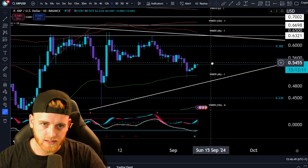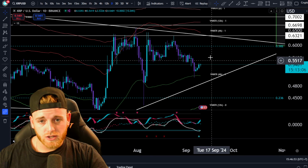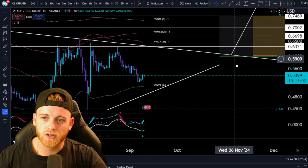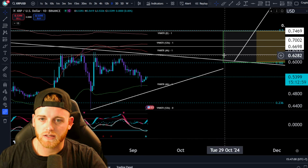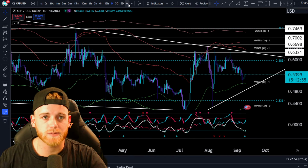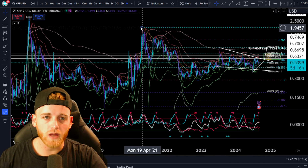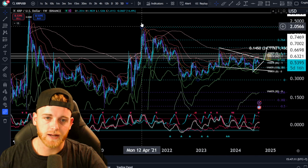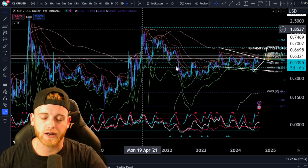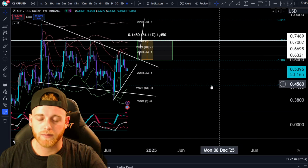Now, how high is the question? How high is a good question, because obviously we do have Fibonacci coming through, and that is the 0.382. If I can show you that on the screen, if I can get rid of this box or something. Yeah, there we go. The 0.382 Fibonacci retracement is worked out from the, oh sorry, no, last bull market high to the bear market low. Okay, so previous bull market high to bear market low, and that is going to be the 0.382 Fibonacci retracement